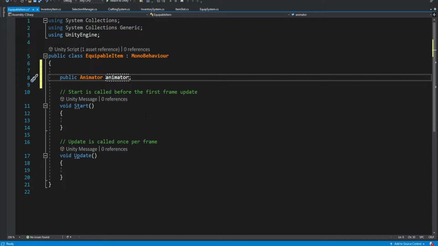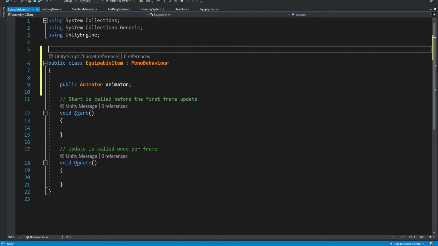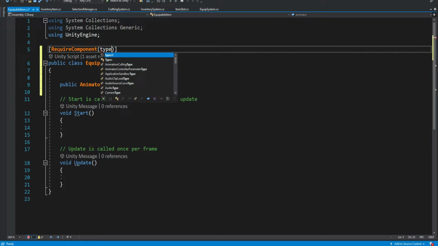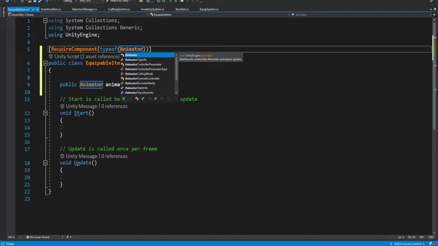If we want to make sure that this item that has this script will always require some kind of component, we can go over this class over here and do require component, type of animator.